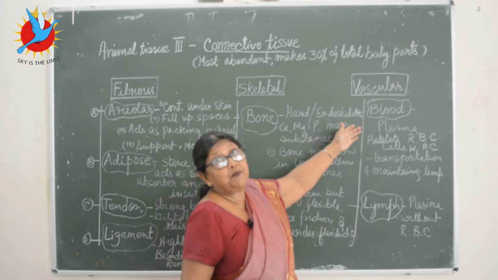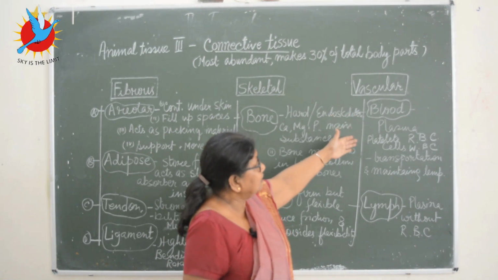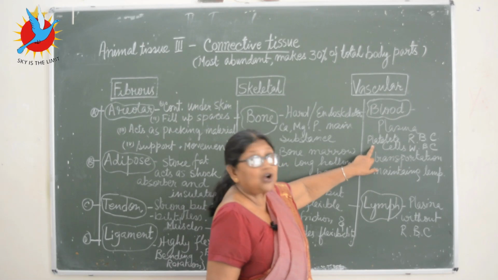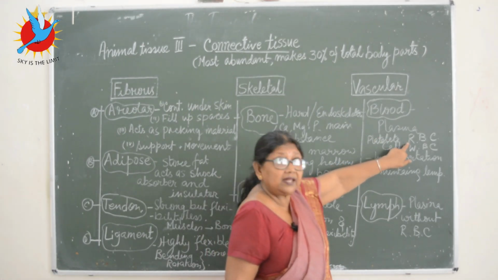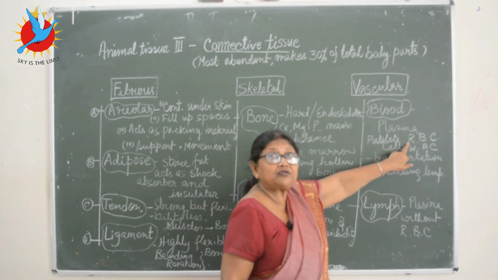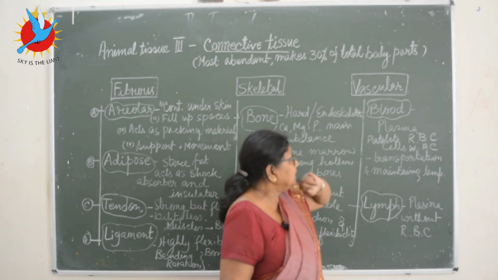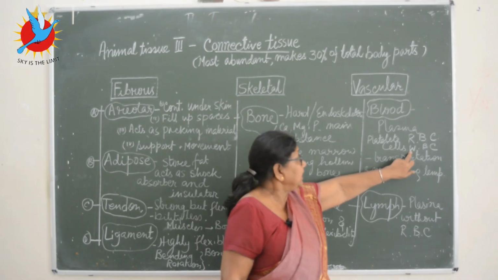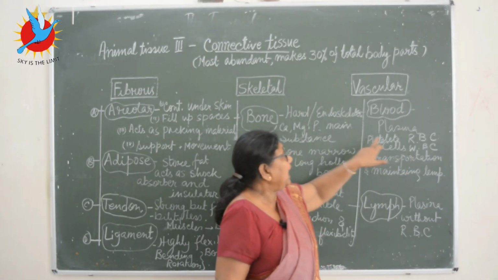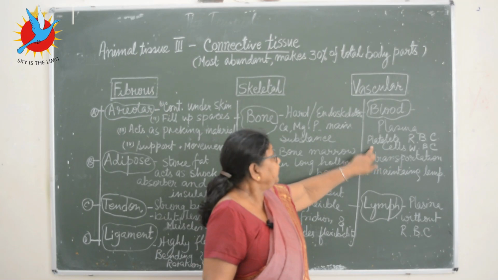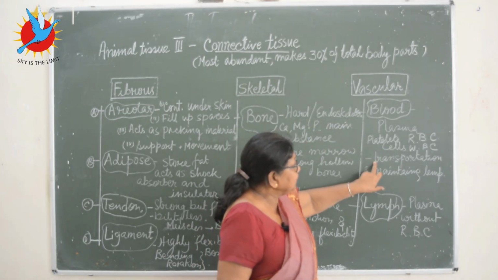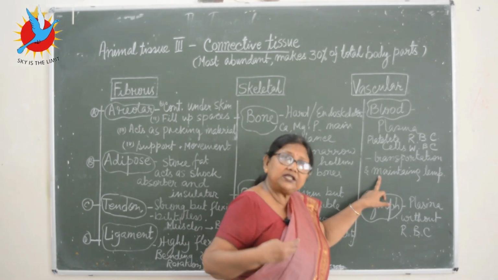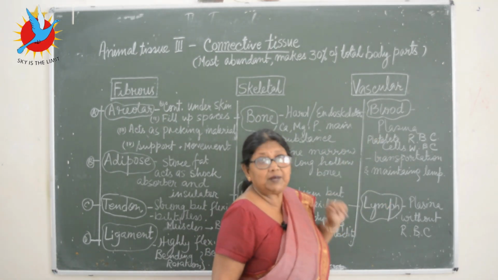So blood is very important. What is the blood made out of? Two parts: the liquid part, plasma, and the cells. RBC is mainly for transporting oxygen and important substances to the parts of the body. WBC is for immunization, preparing the antibodies and helping our body, and platelets are for blood clotting. So I've written the functions: transportation and maintaining the body temperature. The fixed body temperature is maintained by the blood.